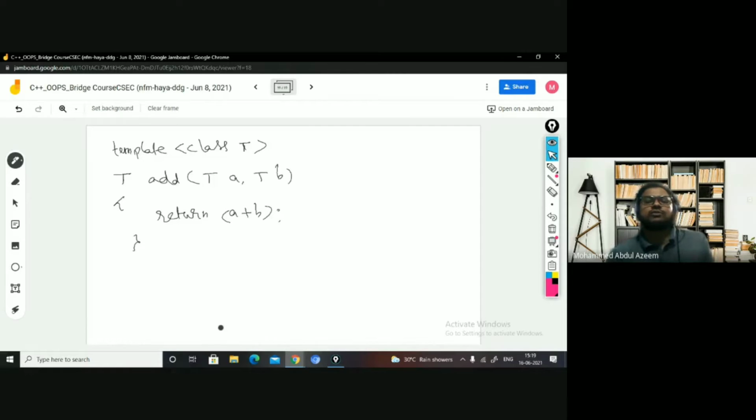The addition of T type will result in T type only, right? The return type is T and the arguments are also of T kind. Now, since the type is not mentioned, we do not know on which particular data type this operation is going to be carried out. But it will allow you to perform on any kind of data type.